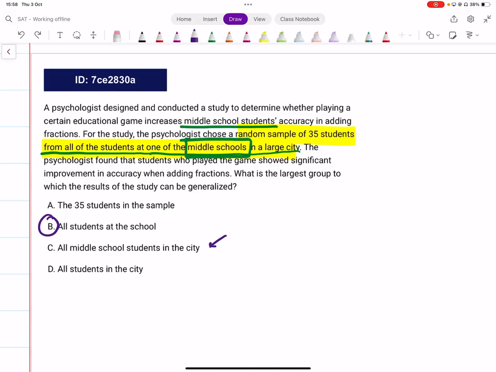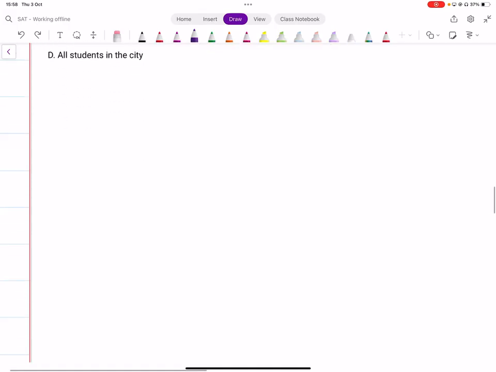Then it would only apply to middle school students at the school. No, unless you're taking a sample from multiple schools. You are taking it from only one school. If you take a sample of middle school students from 10 schools, let's say, then you could generalize that to more schools as well. But if you're taking a sample from just one school, you cannot generalize that. Okay. All right. Now,